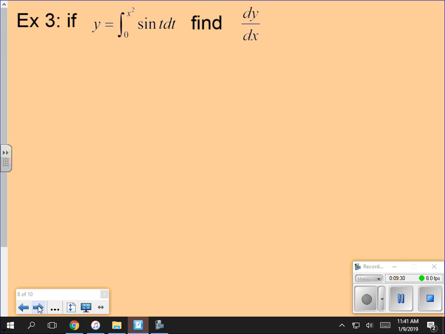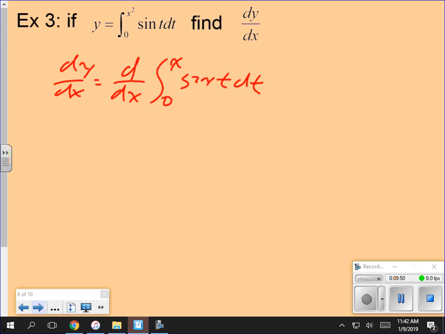Y is equal to the integral from 0 to x squared of sine of t dt. Find dy dx. Well, I've got a little bit of a thing going on here. I want to find dy dx. Well, that's the derivative, take the derivative of both sides. So, sorry, it's x squared. So dy dx equals sine of x squared. However,